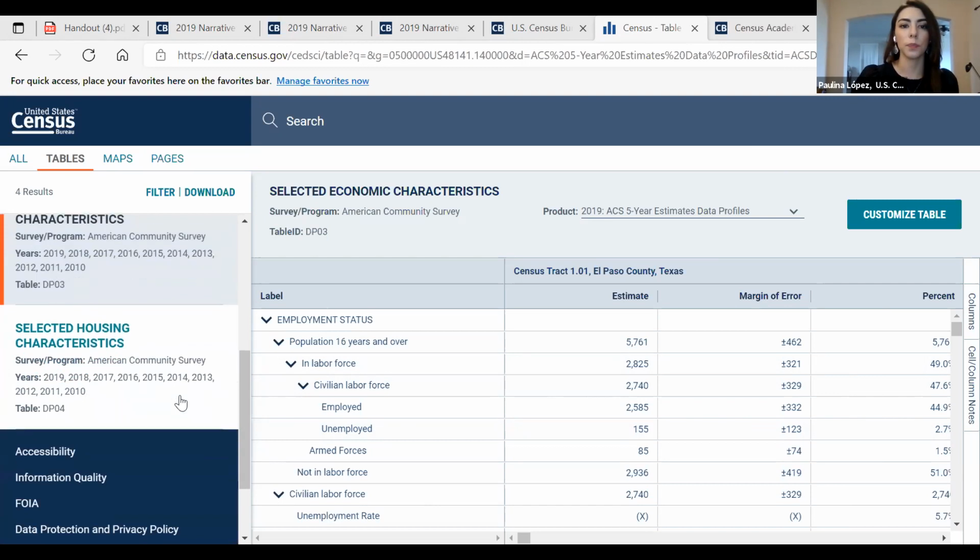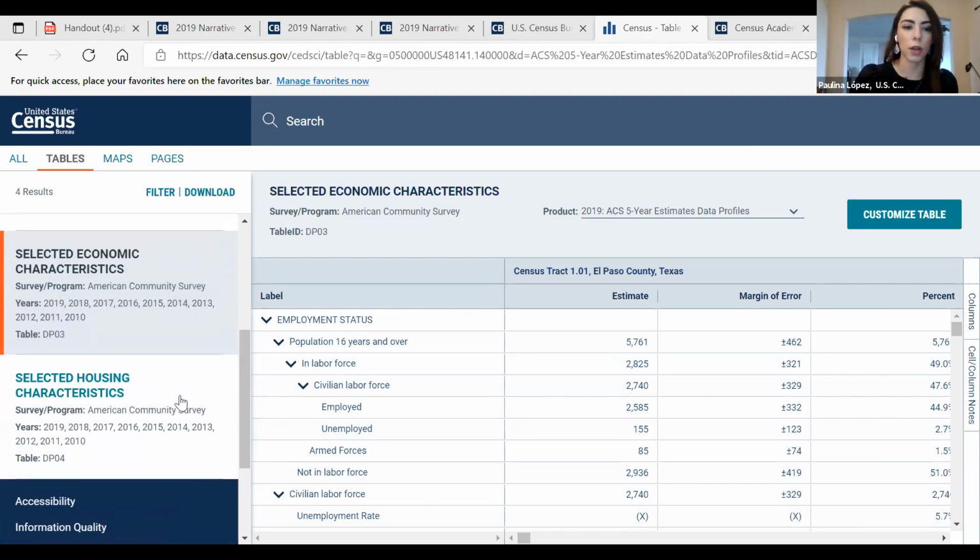So you'll see the census tracts. And geographic mobility is a concept that means whether they've moved residences in the last year or not.